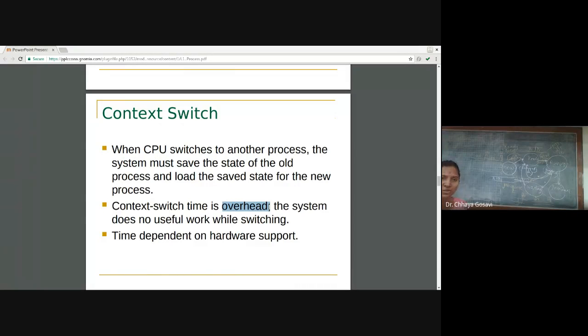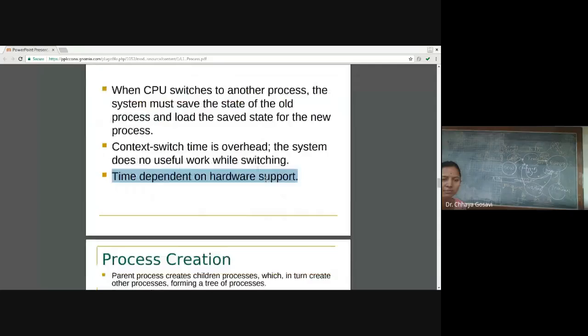While the processes are doing this exchange, the CPU is idle; the system does no useful work while switching. So algorithms must reduce context switches. The time required depends on the hardware support of the system.